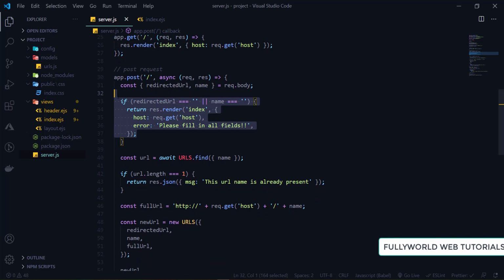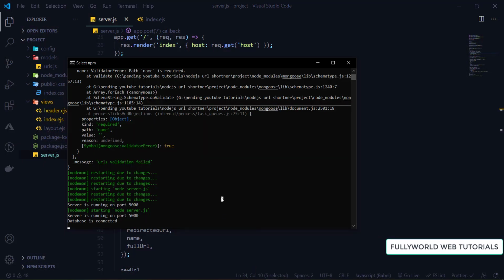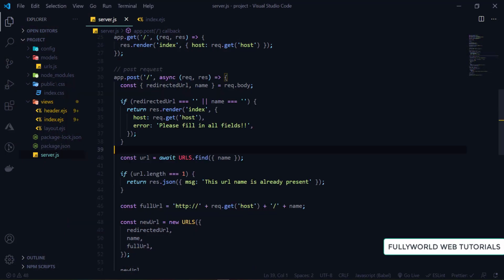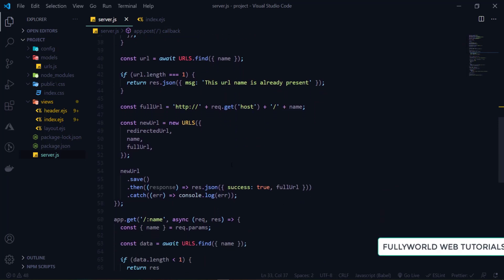So now we have done this successfully because it is returning, and it is not passing anything here. So it is returning from here only if all fields are not filled. So we have done this now.